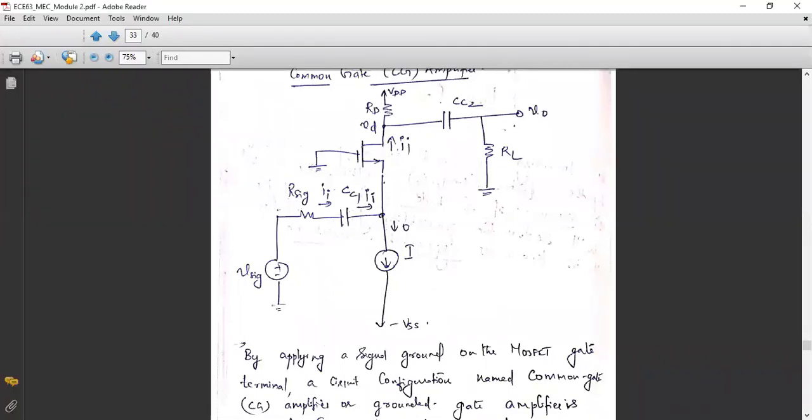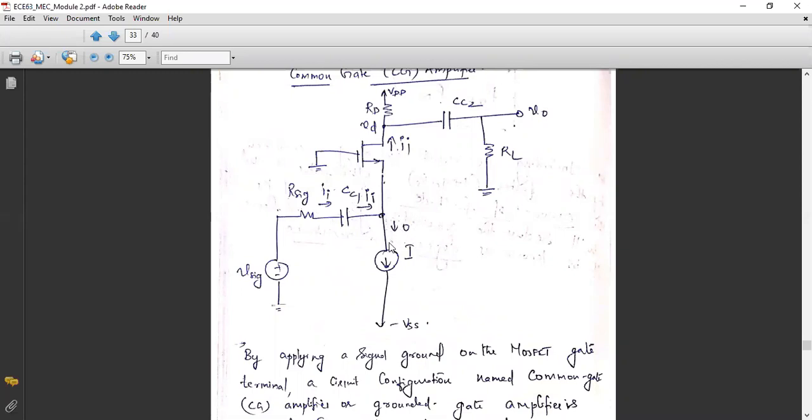Clear now? While drawing any small signal equivalent circuit, you need to deactivate this current source, or open circuit that source. Open circuit means here you will have a disconnection, which means there is no current flow. There is no current flow through an open circuit. Only through a closed circuit will the current flow. So whatever current is coming from this VSIG, that is IA, the input current coming from your input signal, will enter this particular node and go upwards. Why is it not going downwards?